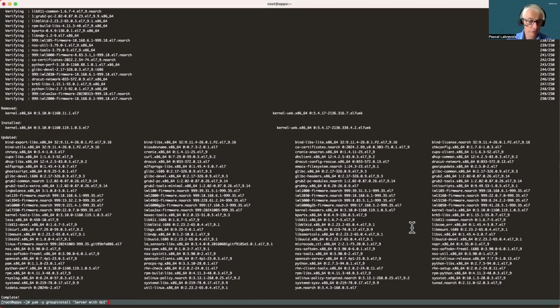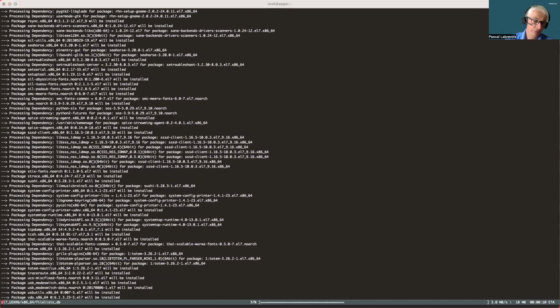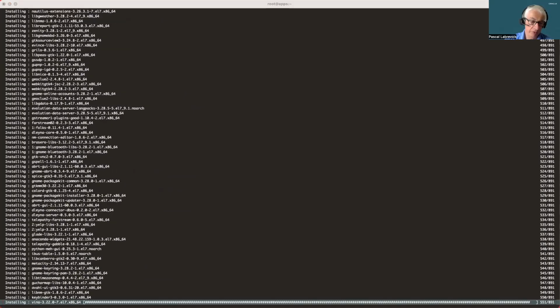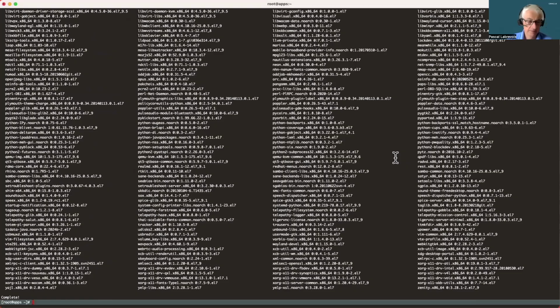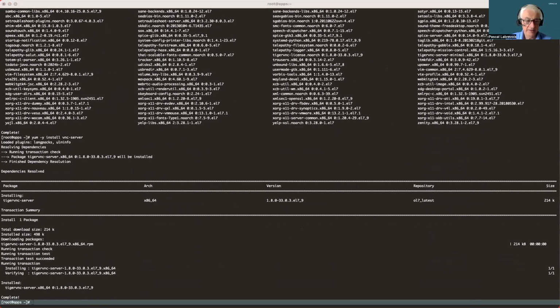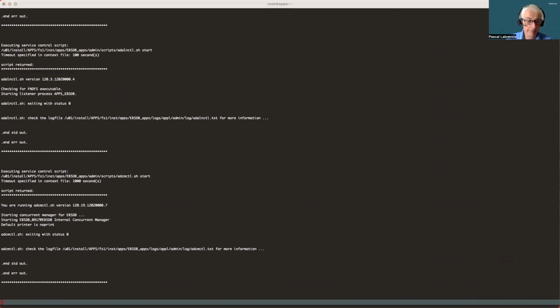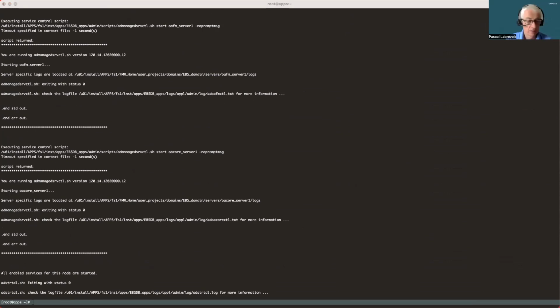I'm also going to install the Server with GUI package, because I want to install a VNC server. So it is done. I can now start the EBS middle tier on this VM. The middle tier is started.